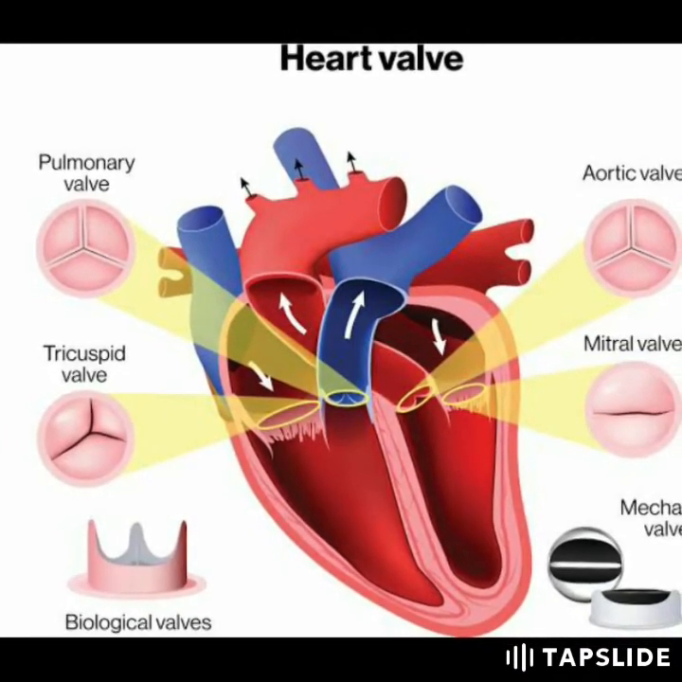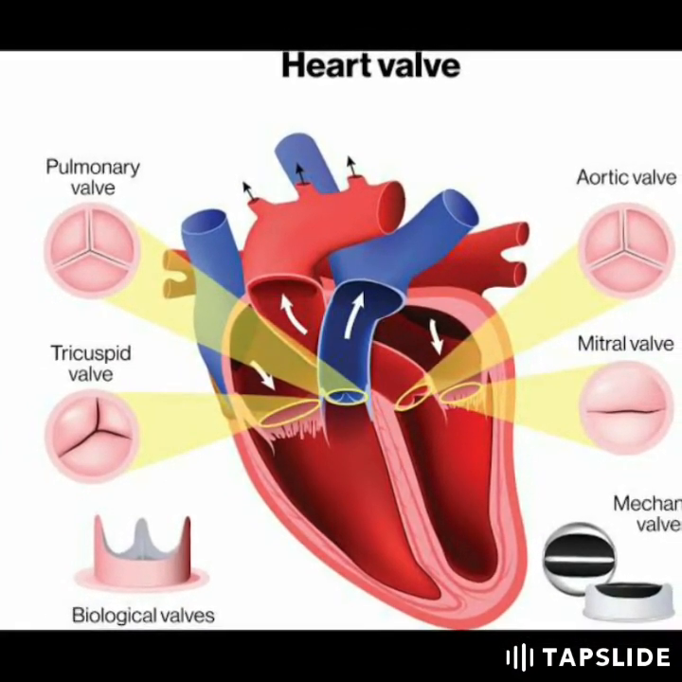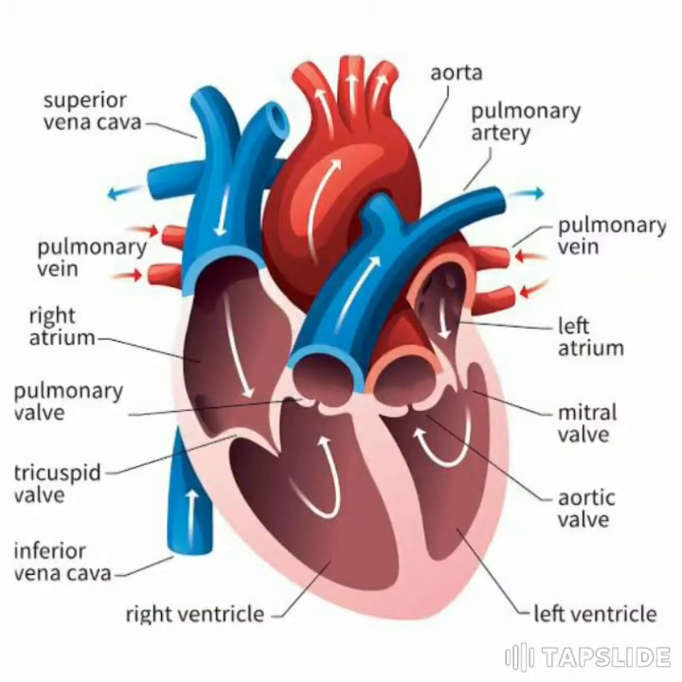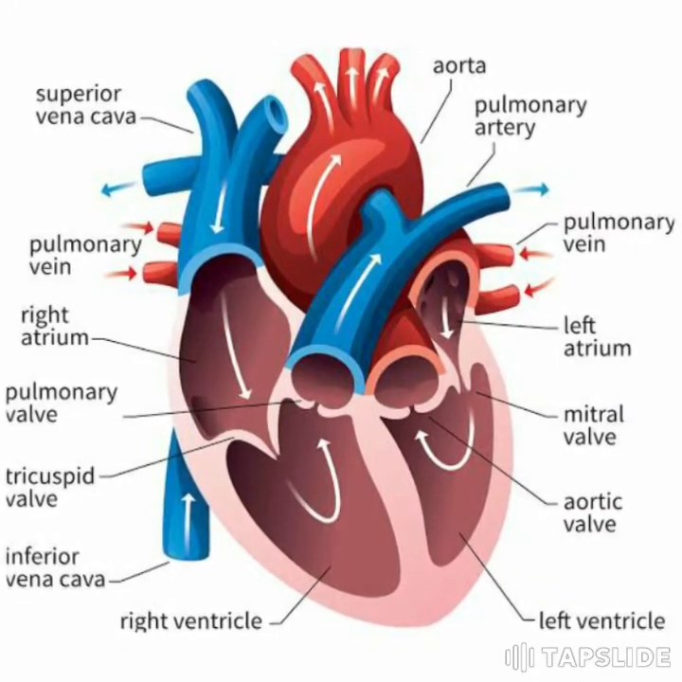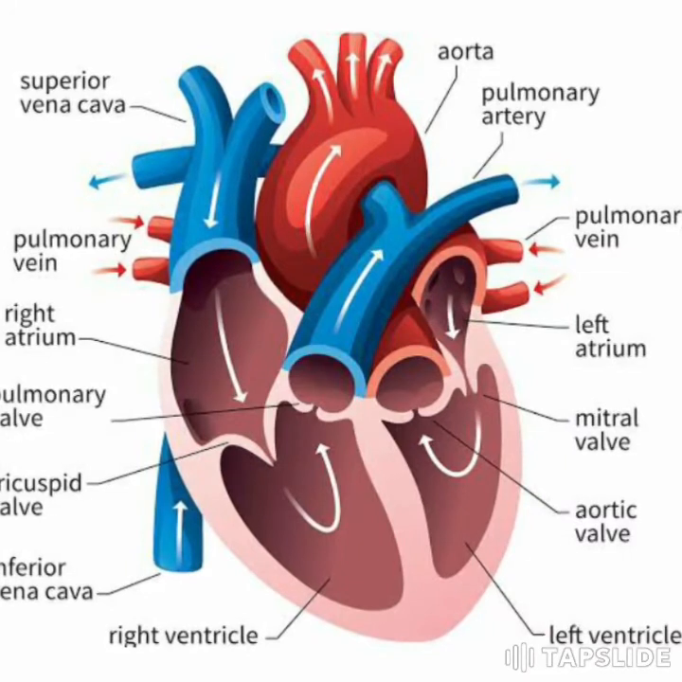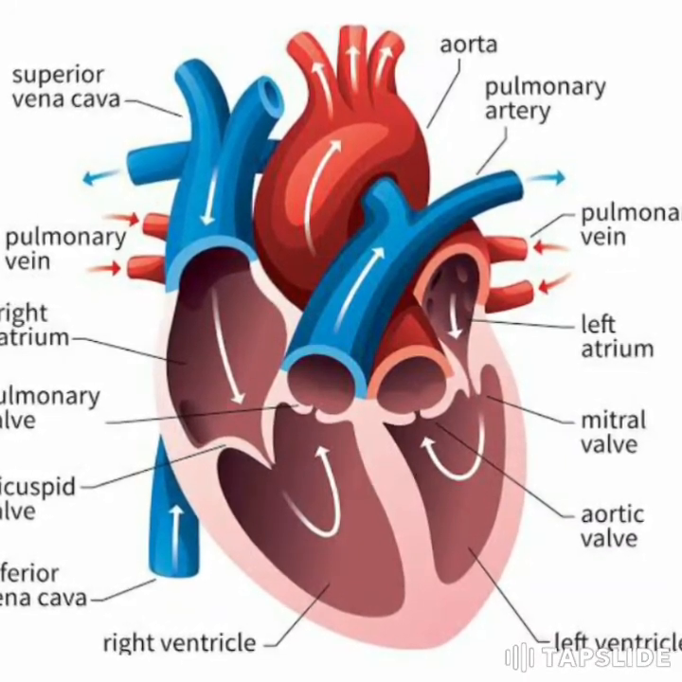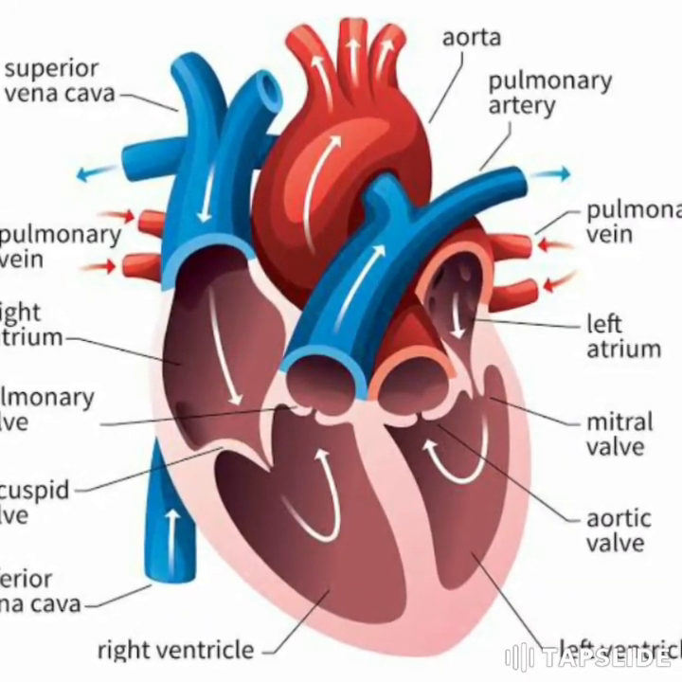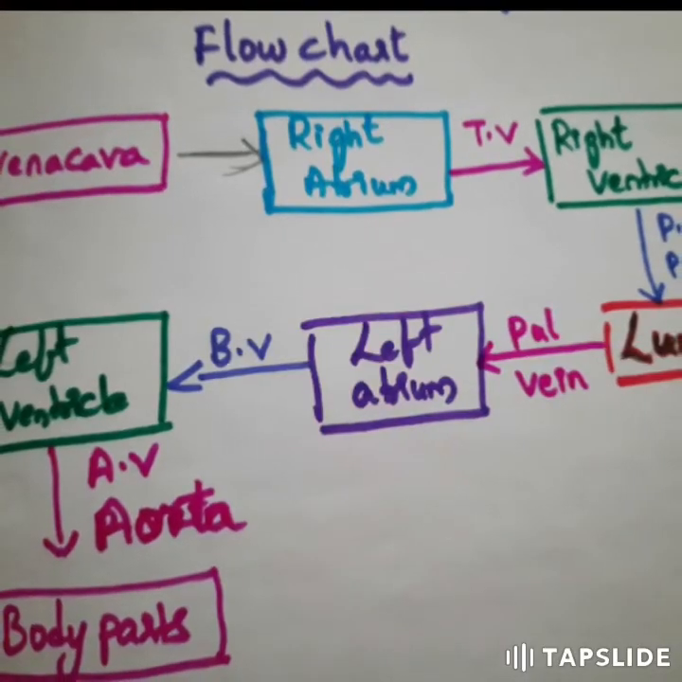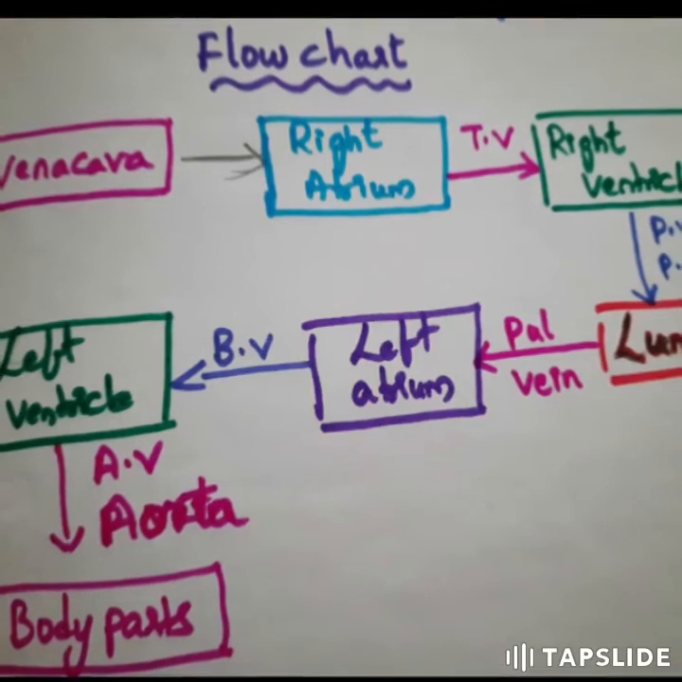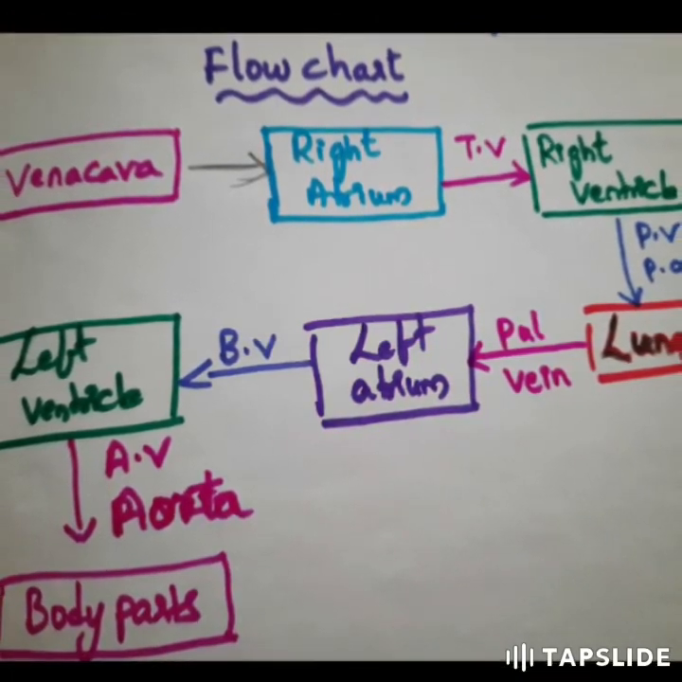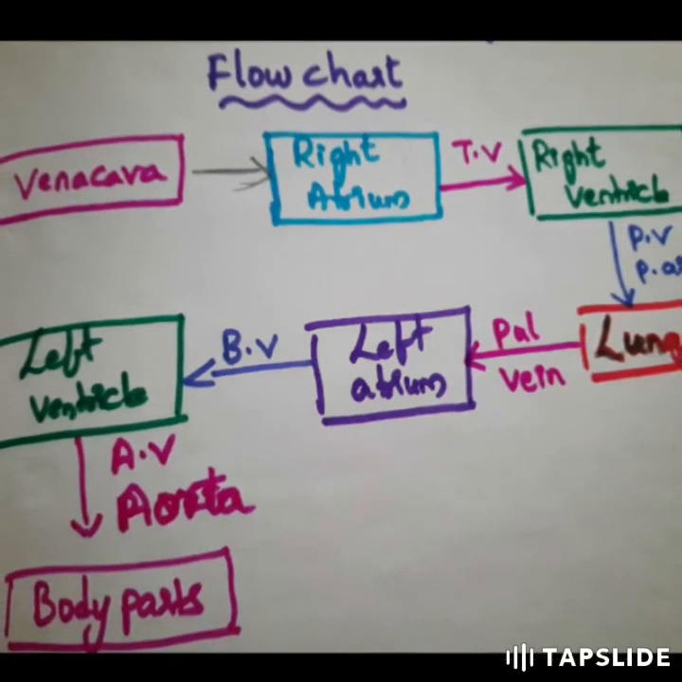From the lungs, the purified blood will get passed into the left auricle. All the pure blood will get passed into the left atrium through the pulmonary vein. The pulmonary vein carries all the pure blood to the left atrium from the lungs. And from the left atrium, all the pure blood will get passed into the left ventricle by the opening of the bicuspid or